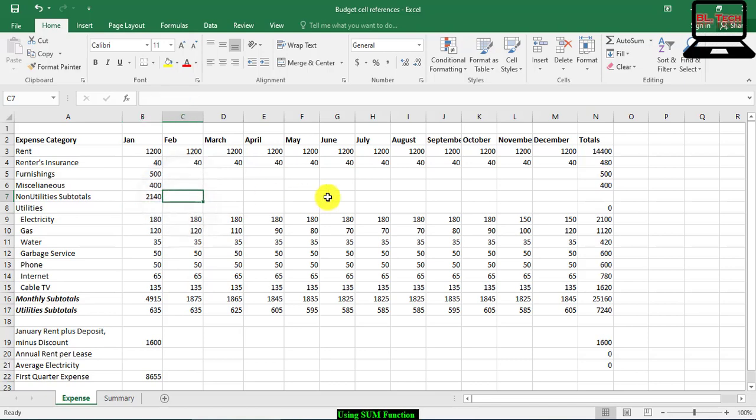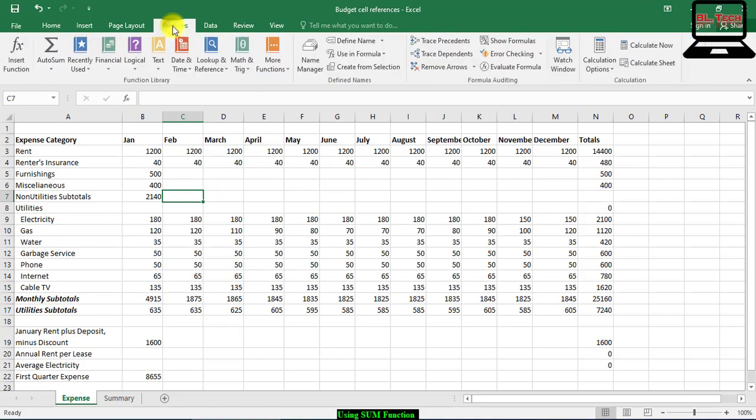Click in cell C7. Click the Formula tab and then click the top half of AutoSum. The sum function appears with the argument filled out, but only C6 is included.